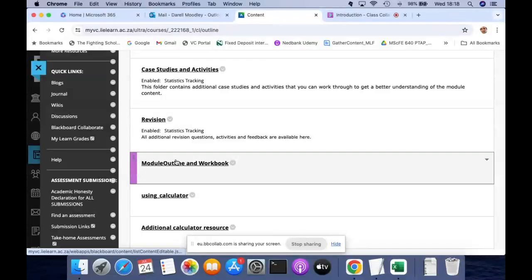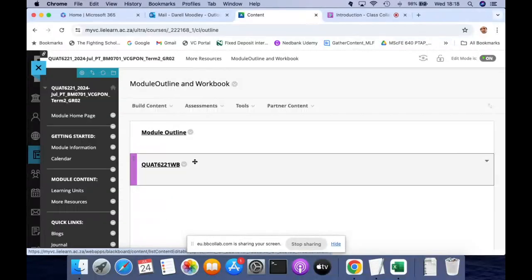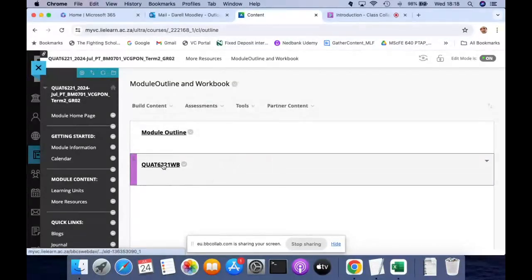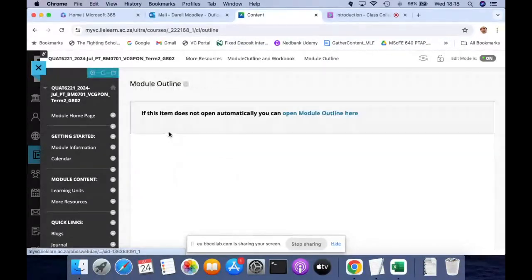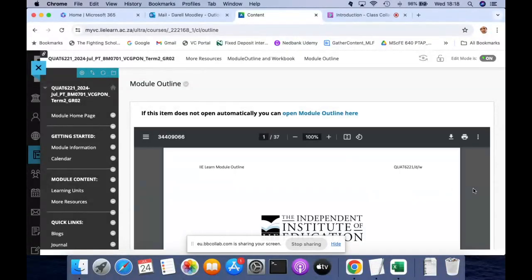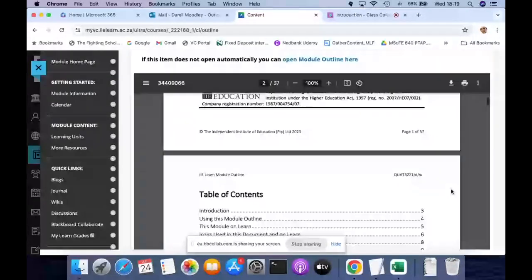All right. So remember, I told you make sure you have your textbook available, and then make sure you have your calculator. All right. The other thing you'll need are these two, which you can download. This is your module outline and your workbook. Okay, your module outline, I'll click on it. You can see it here. I'll just give you a quick skim through what it describes, what the learning units are,